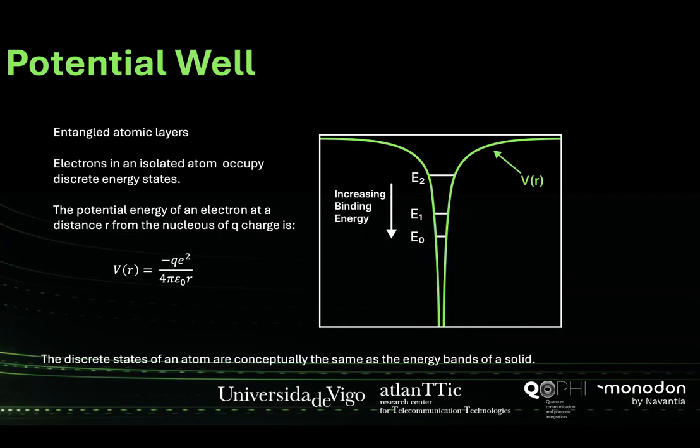Electrons inside an atom do not move freely. They exist in regions called potential wells. In isolated atoms, electrons occupy discrete energy levels, but when atoms are brought together into a solid crystal, their energy levels begin to interact. The result is the formation of energy bands. This transition from isolated atomic states to collective energy bands is one of the most important concepts in solid-state physics. It explains why solids can behave as metals, semiconductors, or insulators, and ultimately it explains why modern electronics and photonics